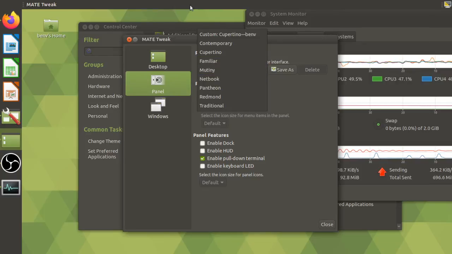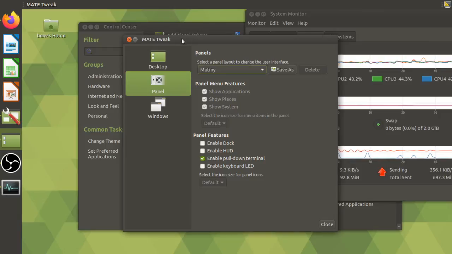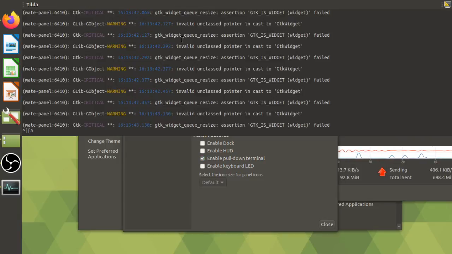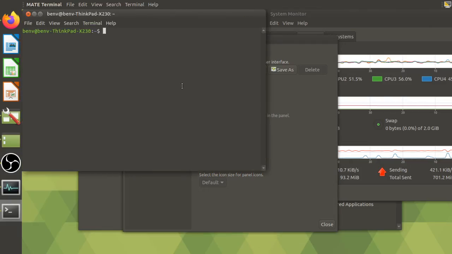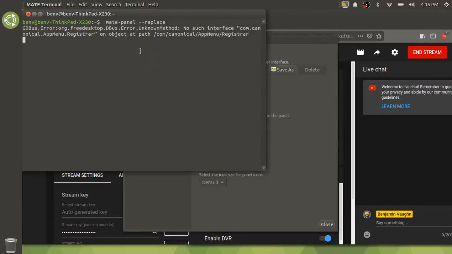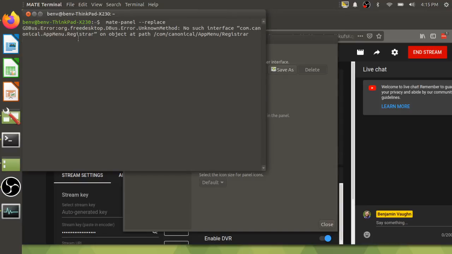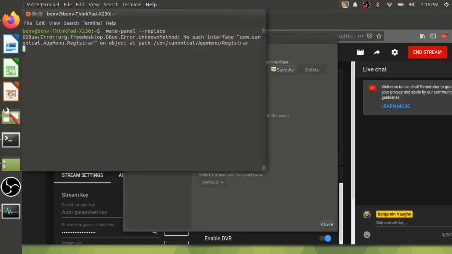And I know that there's a problem here with Brisk still. And there's a problem here with Tilde. I'm going to talk about Tilde later, but let's see if I can run that reload Brisk or Mate panel replace again. What is the error we're getting here? Okay, D-Bus interface at menu registrar. Okay. Yeah, we're definitely throwing in some curveballs, but